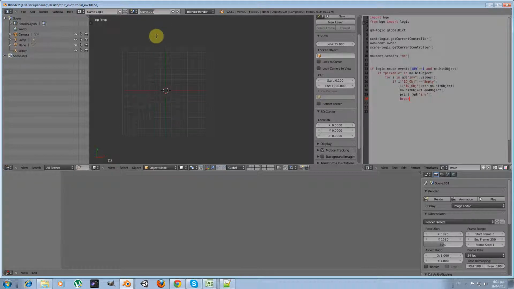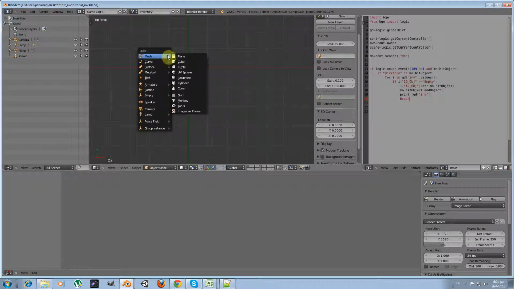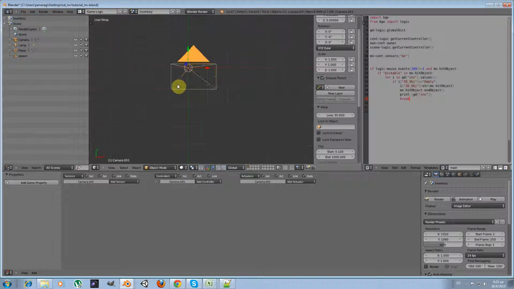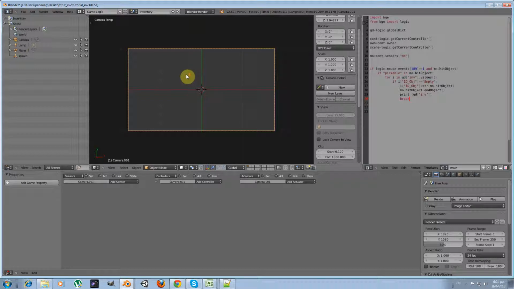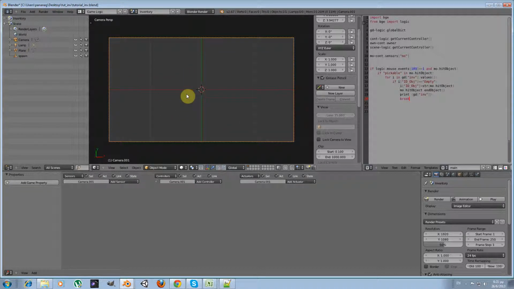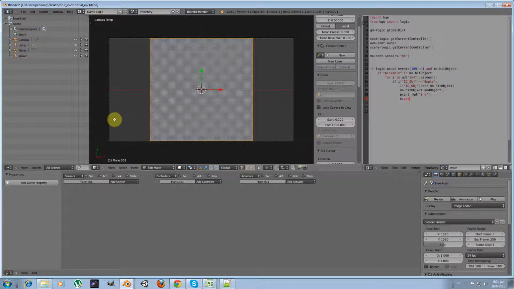So let's rename this new scene to inventory, and let's start adding objects. First of all, what we need is a camera, and I'm going to move it along the z-axis and press 0 to go to camera view, and I'm going to add my inventory slots. Our inventory will have the minimum number of items, and it will consist only of our slots, and for slots I'm going to use simple rectangles,